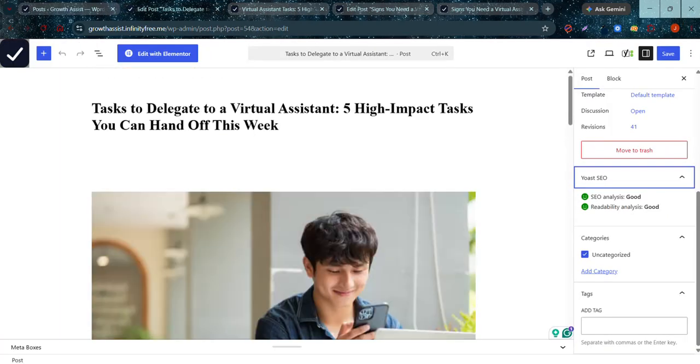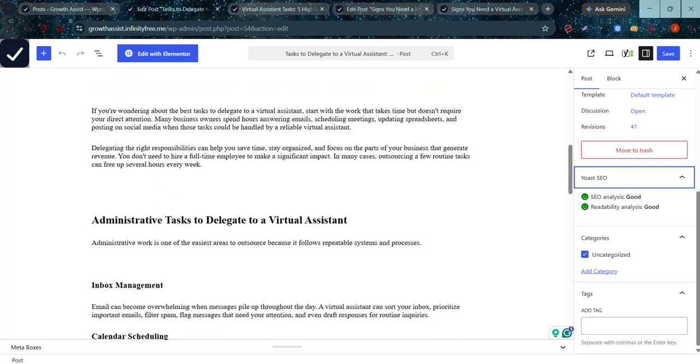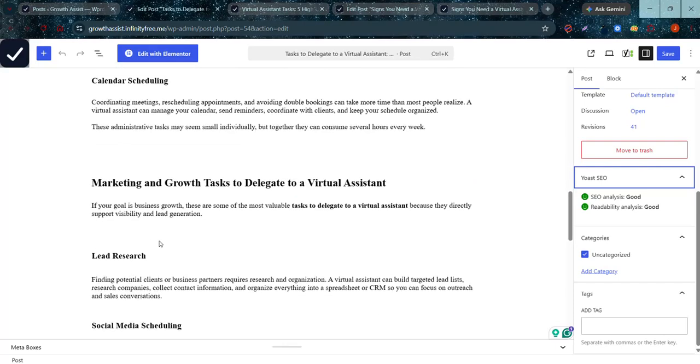Here you can see this is the heading of the first blog post. And here you can also see that I have made a lot of improvements in the content of the post. It's much more refined now, and also more detailed.